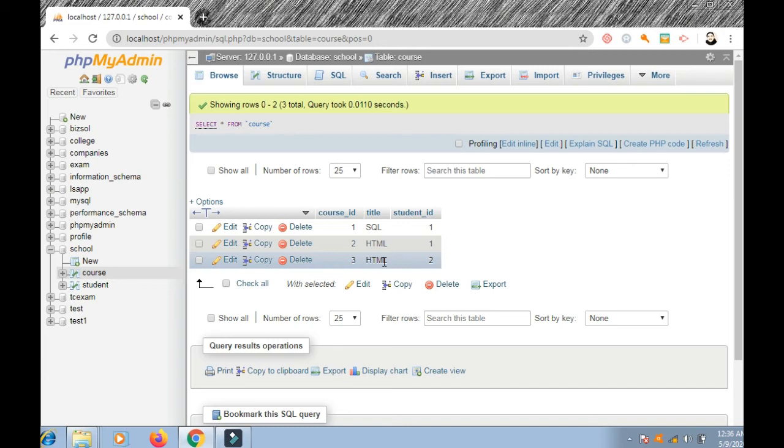So if we see HTML and HTML, it means if we have 100 students, right? Then what will we have to do? We will have to insert HTML 100 times. So 100 multiplied by 4 is 400 bytes. Why not use only 4 bytes?